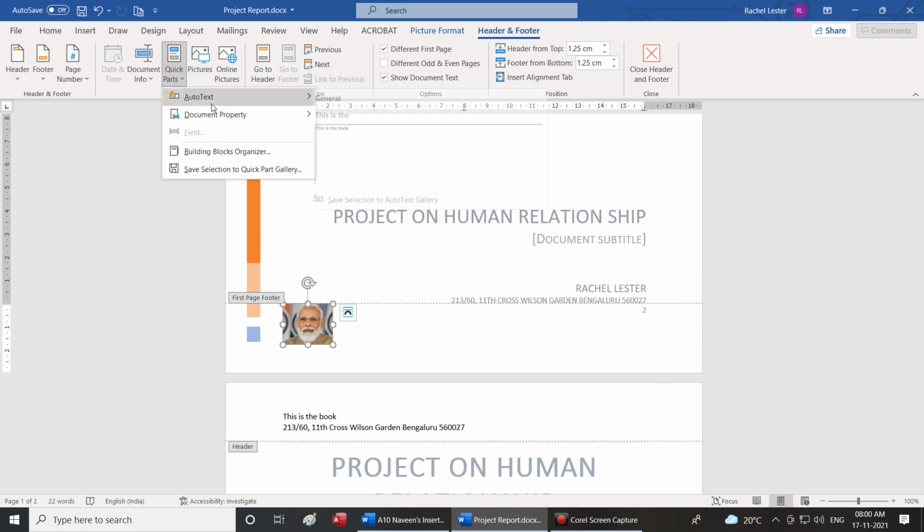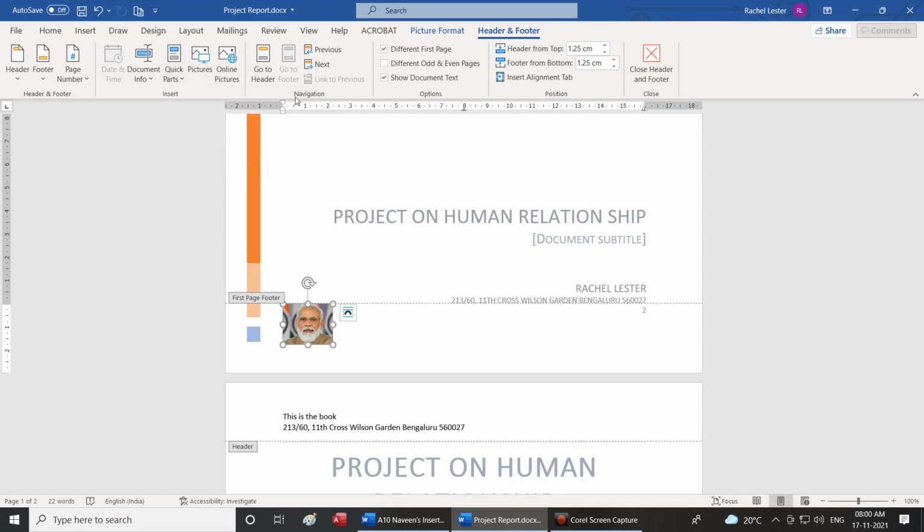We have just kept it brief. Next, we are going to navigation group. The navigation group has 5 sub options or tools.